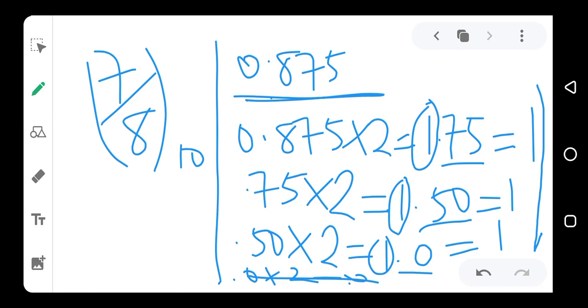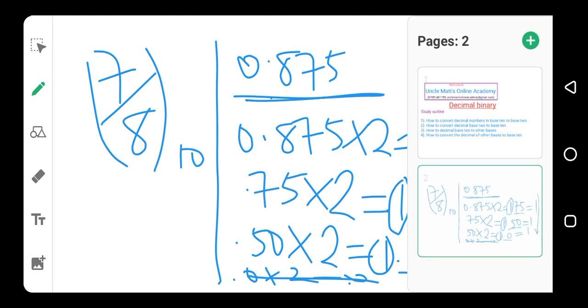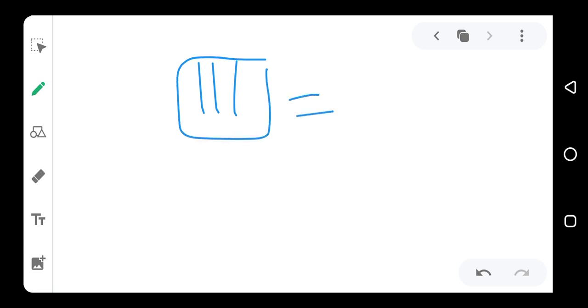So we have 1, 1, 1. This 1, 1, 1 represents the decimal part of the fraction. So this is equal to the